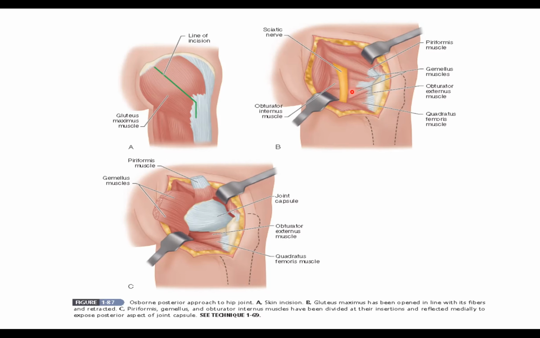First thing is piriformis, then superior gemellus, then obturator internus, then inferior gemellus, then you will have the quadratus femoris muscle. The difference is that while you are doing hip preserving surgeries, you can dissect all these muscles. You can dissect all short external rotators in hip preserving surgery like femoral head fracture fixation. But you shouldn't divide quadratus femoris because it has an important blood supply. Okay, this is a branch of the medial circumflex femoral artery.